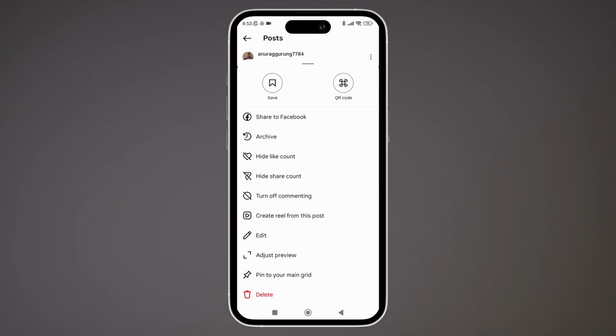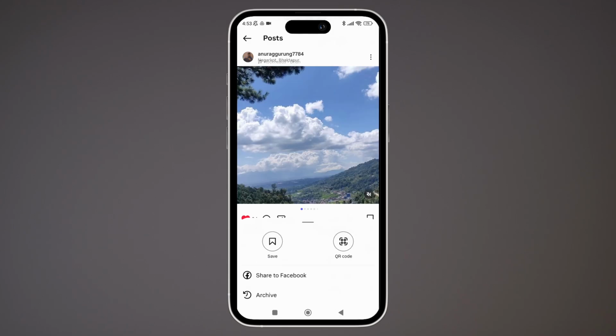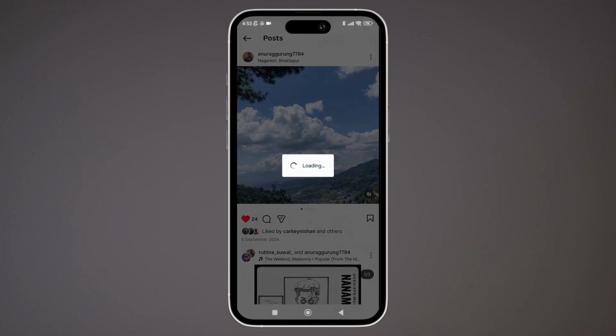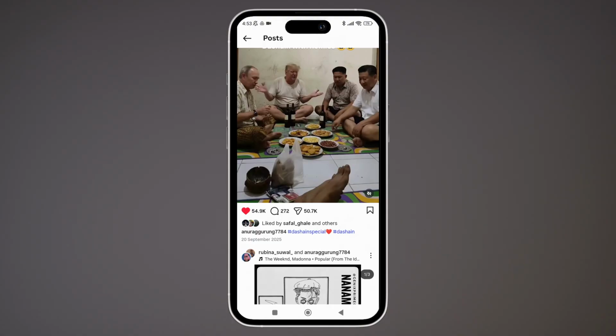From the pop-up menu, tap on the archive button. Just tap on it. Once you do, this will remove the photo from your feed, but will keep it in your account